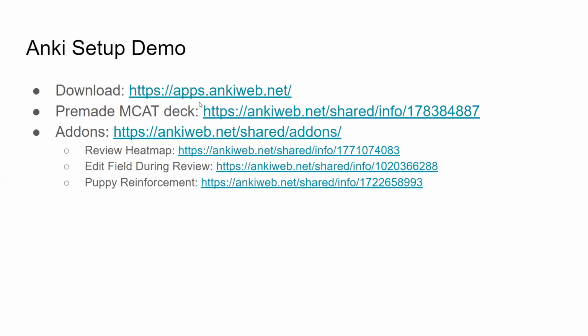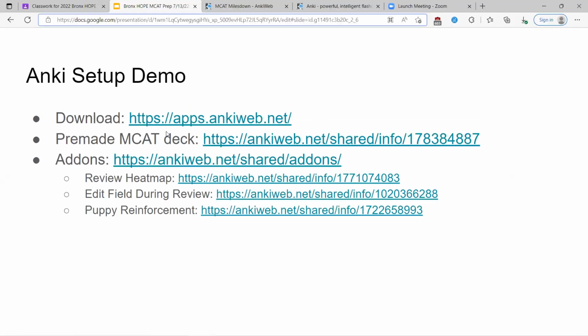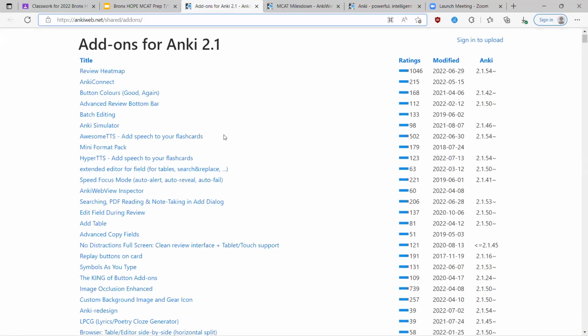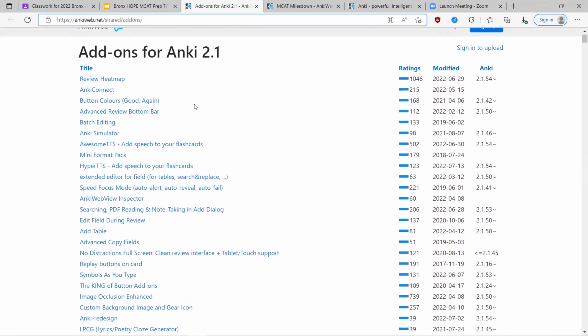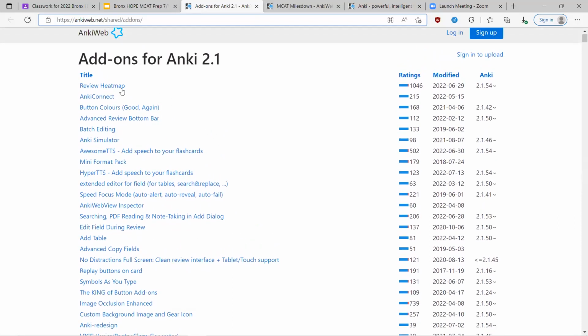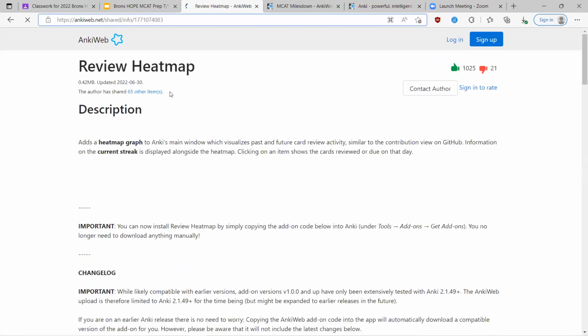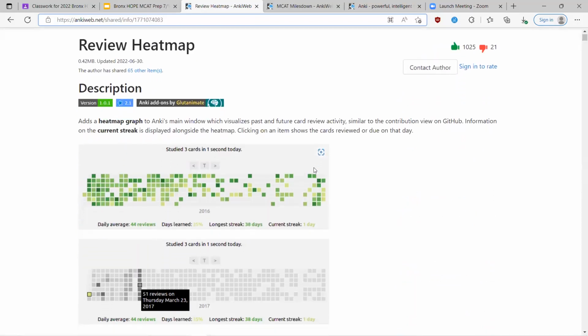So we talked about the pre-made deck. We talked about how to handle it. Now, there are also some add-ons. Again, this is a very powerful program because many people around the world are working on it to improve it and all sorts of interesting things. So there are some add-ons that you can browse here and download and add to your Anki and customize it. So the 3 that I'm going to recommend today is, first of all, the review heat